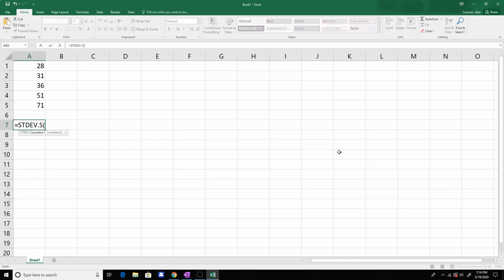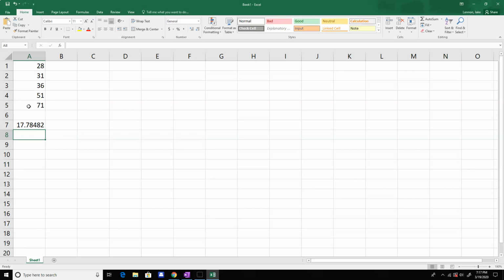And we want to select our data and hit enter, and notice you get the same number that we got. So that's another way to get the standard deviation if you want to check your answers on Excel. But you can do it by hand, you can do it by Excel,